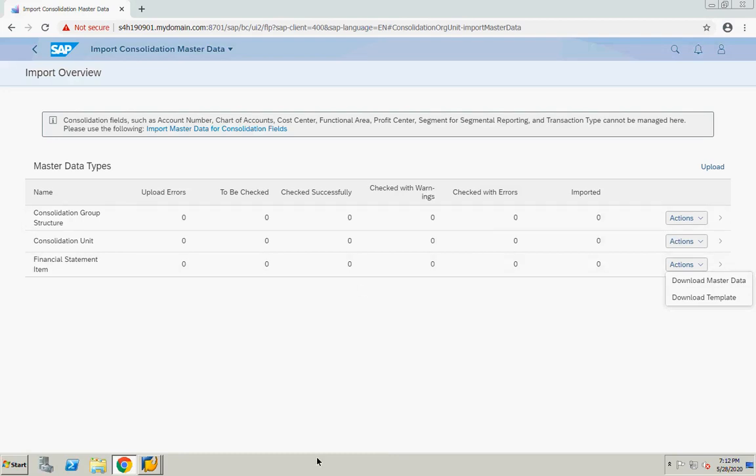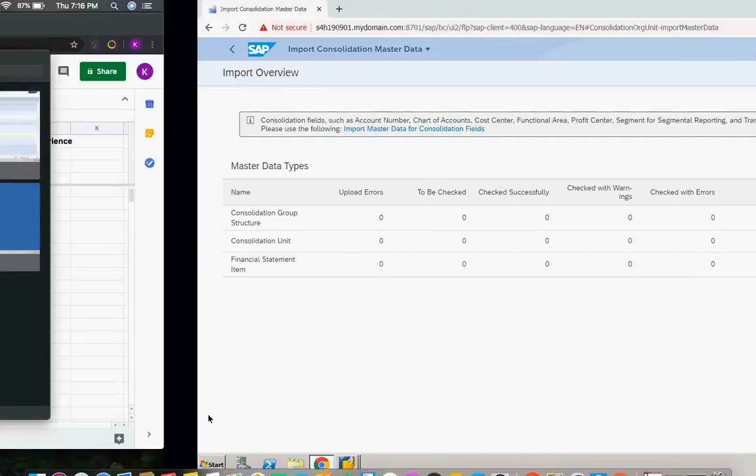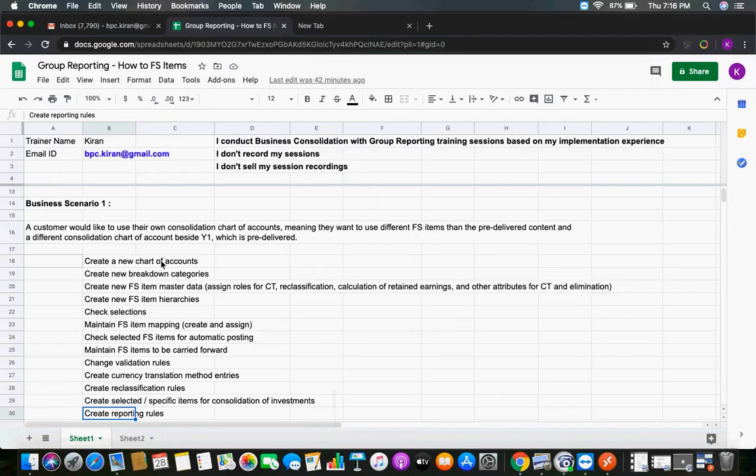So I don't suggest this first solution. What I mean is, in scenario 1, everything you have to create new. There are so many dependencies.